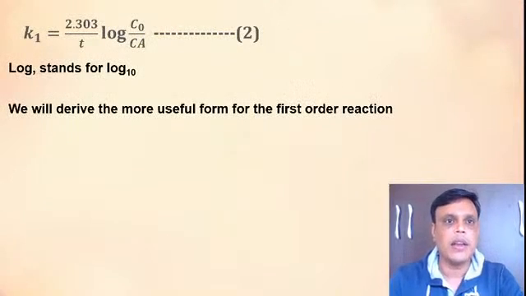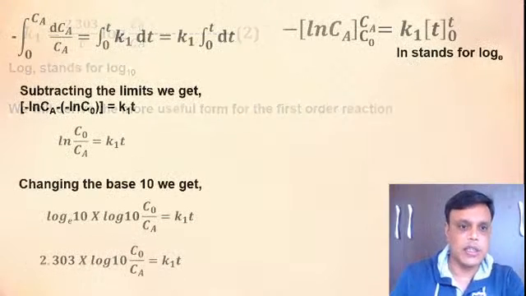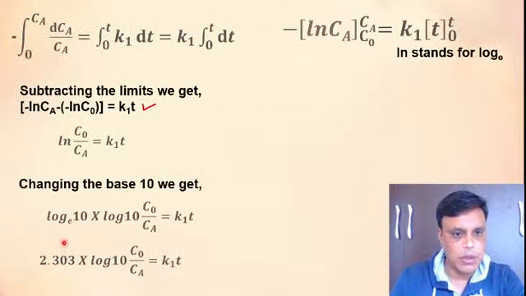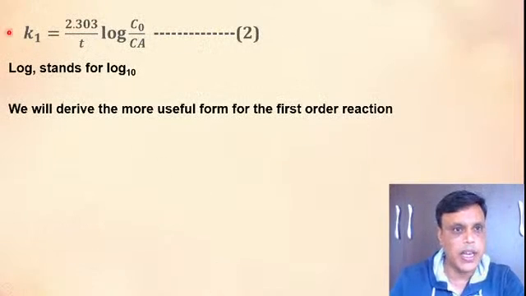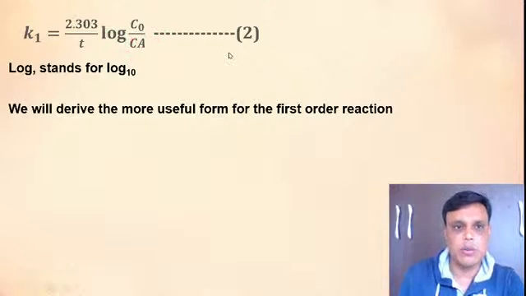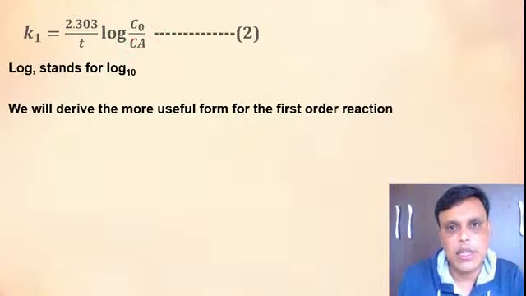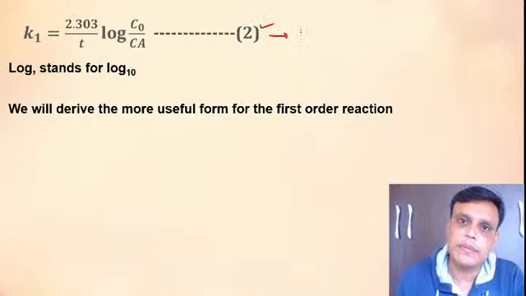Now we will rearrange this equation. This is what we got, right, this equation. So we will rearrange this equation in terms of k1. So we will get k1 is equal to 2.303 by t into log C0 by Ca. We will call this equation number 2, and this is your integrated